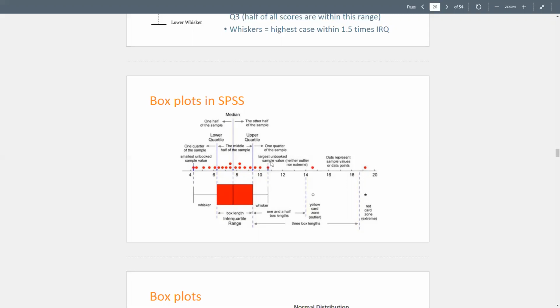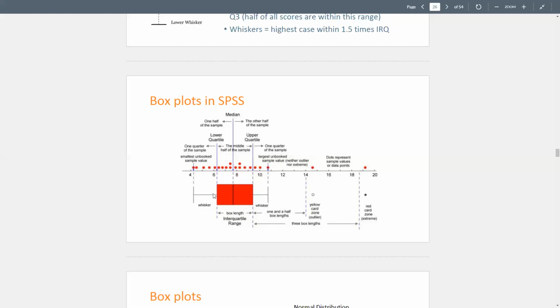So this is the largest sample value that's neither an outlier nor an extreme. And the same thing here, this is the smallest sample value that's neither an outlier nor an extreme. And so it's going to define an outlier as anything that is greater than 1.5 times the interquartile range. So the whisker only extends here because this is the largest sample value that's not greater than 1.5 times the